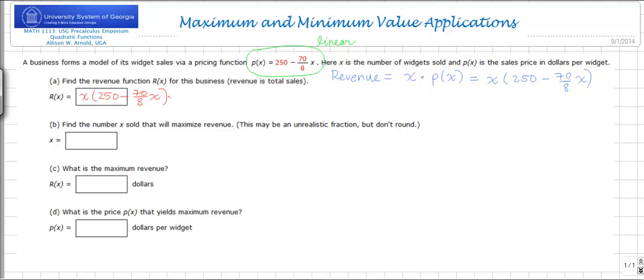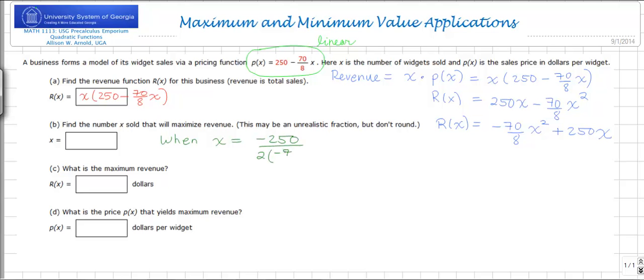Okay? But I want you to notice that if we were to clean up the revenue function, that R of X would clean up as 250 times X minus 78 X squared, which rearranged a little bit is negative 78 X squared plus 250 times X. In other words, it's quadratic in X. And since it's quadratic in X, we can use our formula for finding the vertex information, and we can say when the value of X is negative B over 2A, so in this case that's negative 250 divided by the product of 2 and negative 78,